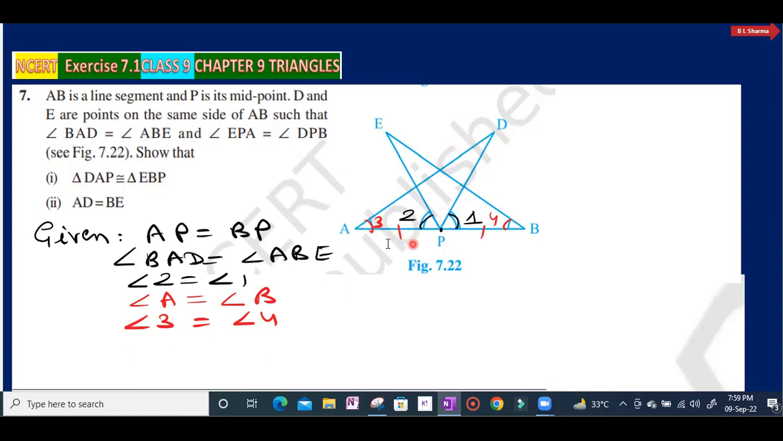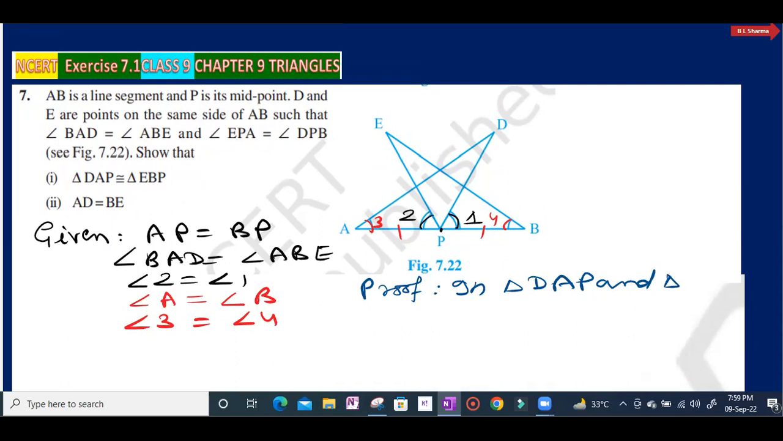DAP, ये एंगल हमें कंप्लीट चाहिए, हमें चाहिए एंगल APD, because we have to take the triangle DAP here. हमें ट्राइंगल DAP लेना पड़ेगा, तो DAP में ये एंगल आना चाहिए, ये इंक्लूड हमें करना पड़ेगा. So now we can write here. See here, proof. In triangle DAP and triangle EBP,